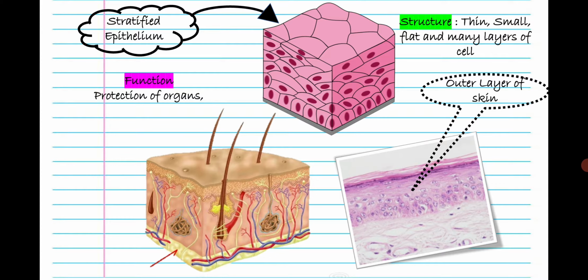So these stratified tissues are on the surface of our skin. Here on the surface of the skin, which tissues are present? Stratified tissues are present. So these stratified tissues protect our organs. Another function of stratified tissues is prevention of wearing of organs. Our skin will repair. If there is a wound or a cut, that particular part will get repaired easily because of the presence of stratified epithelium tissue.